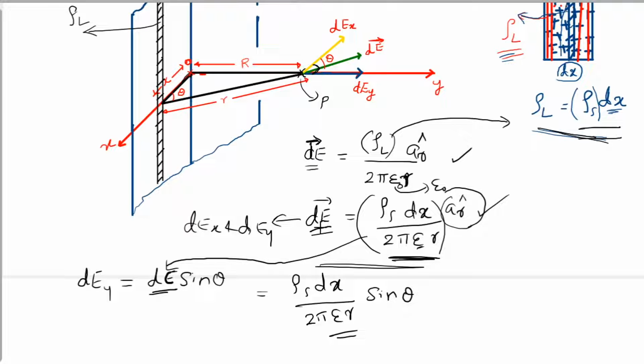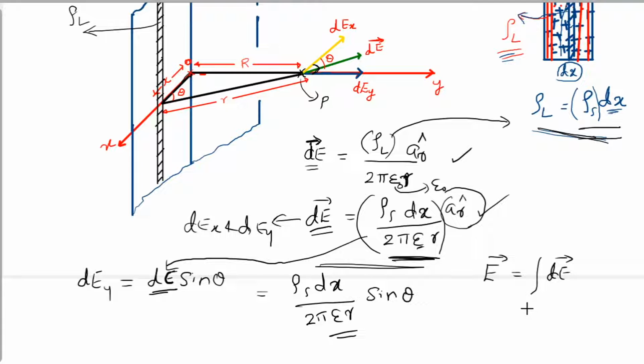Now I have my dE equation and I have my dEy equation, but I will not write the dEx equation. I will tell you the reason later. Before that, you should know how I will find E. My intention is finding the total electric field intensity at a point P due to the entire sheet of charge. Now what I am finding, dE or dEy, is only a component of electric field intensity due to this small length dx. So for the entire sheet of charge, how can I write? For the entire sheet of charge, E vector is the integral of dE.